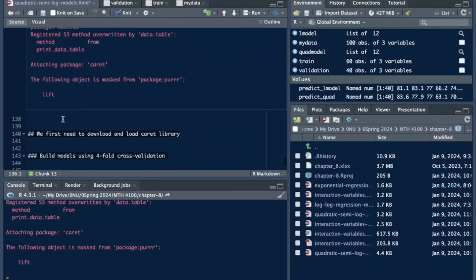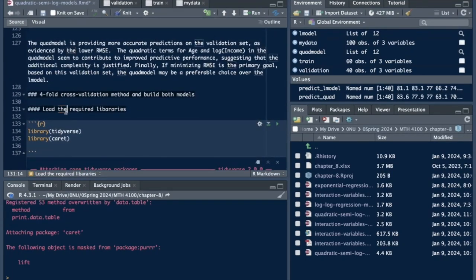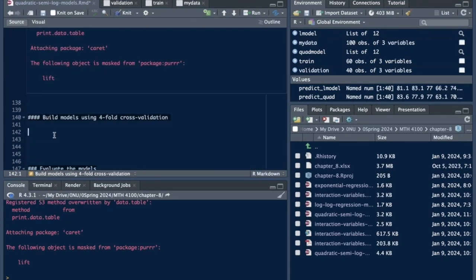Now let's build the model. I already have this here. Because we built 2 models before and would like to compare them, let's build 2 models. First of all, we're going to use something called trainControl. This is a function that contains settings for how the model should be trained and evaluated,